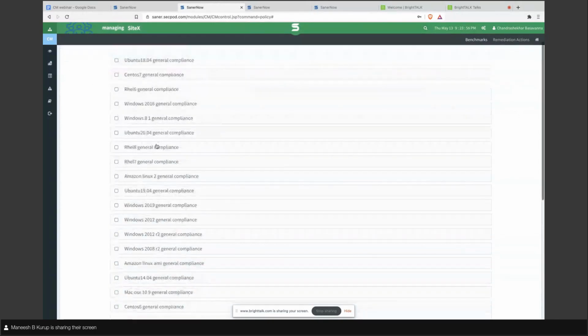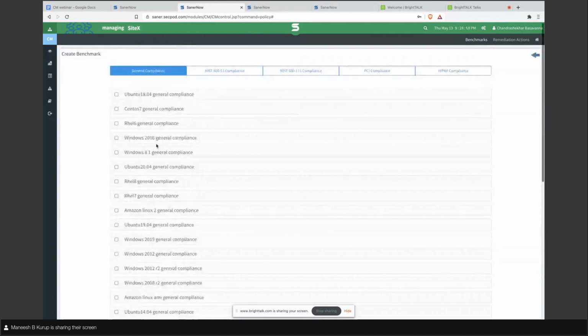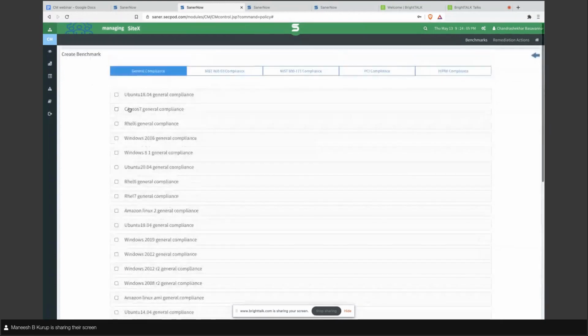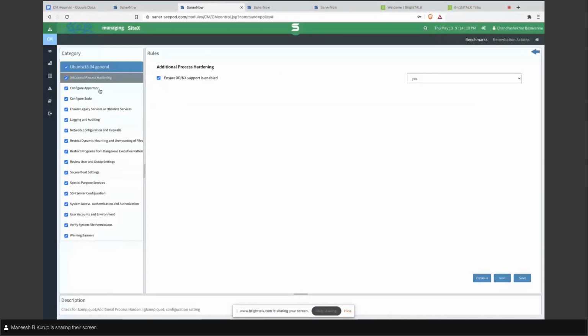So here we have these templates prepared for almost all the operating systems we are supporting. There is a long list of operating system support here, and this is created not based on any regulatory standards, but the rules have obviously been taken from all of the sources and created as requirements. And these are the list of requirements for this particular operating system, which the Secport team analyzed and figured out is important for safeguarding the respective operating system.